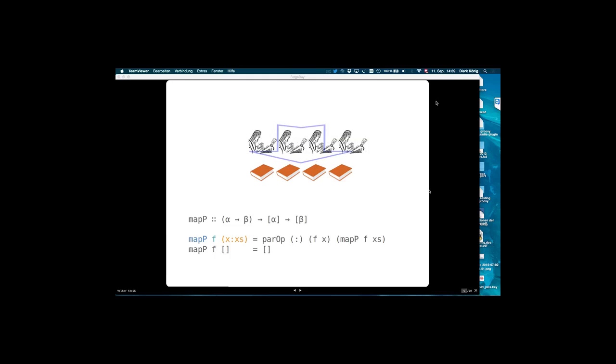Look, that's because, as I said, if you had seq there instead of par, then this would mean that the argument a is a strict one, and also b. So already in the mapP, those things would be evaluated.